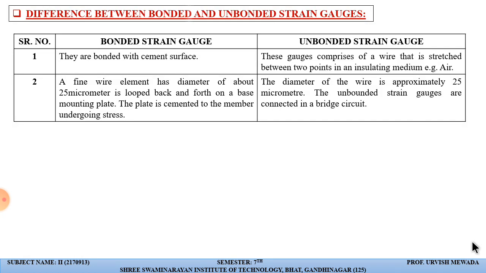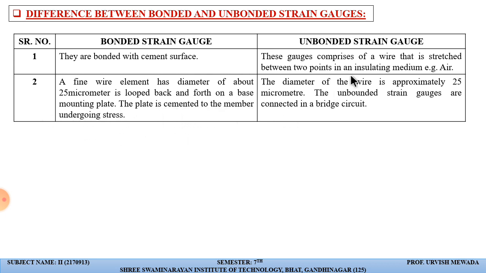Now this is the difference between bonded and unbonded strain gauge that we already studied, but such kind of question can be asked in your GTU exam. Bonded strain gauges are bonded with the cement surface. The unbonded gauge is comprised of wire that is stretched between 2 points in an insulating medium, say air, which is nothing but the insulating medium. And for the bonded wire gauge, the wire of 25 micrometer is looped back and forth, upper portion and lower portion, on a base mounting plate,